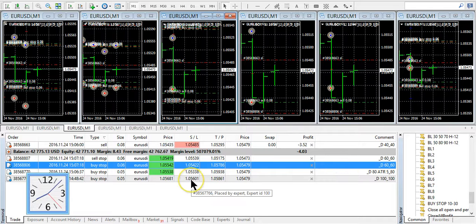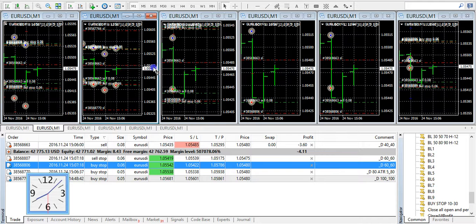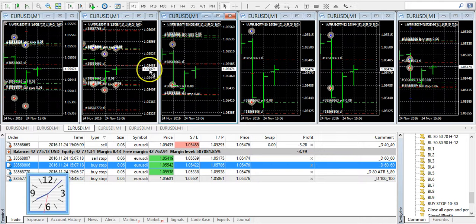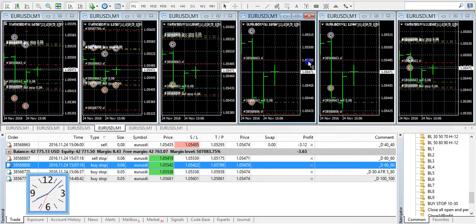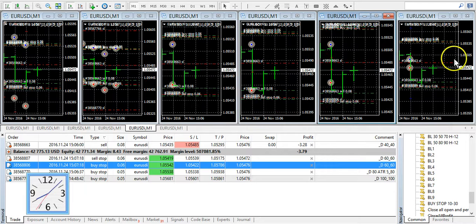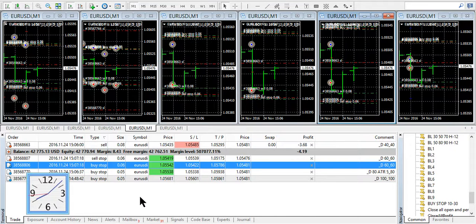Big delta here of 100. So one of these might be set to 100. It's not at 100, it's 10 pips, but well, I'm not blowing the account up, but as you can see, ultimately,